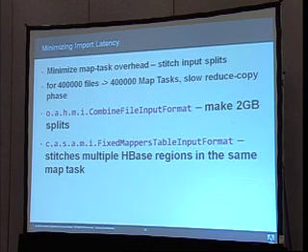Another thing that's really important is that usually there are two antagonistic ways you can optimize the system. You can either optimize it to work fast for incremental updates, incremental processing, or you can optimize it to run really well for huge input data. For example, we have clients who say, your system is awesome, but how long would it take me to ingest and process my 5 years' worth of log data, like petabytes of log data? To optimize for that, one of the most important things we can do is minimize map task overhead. What does that mean?